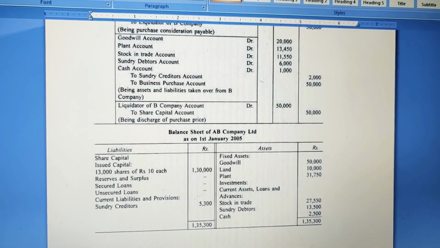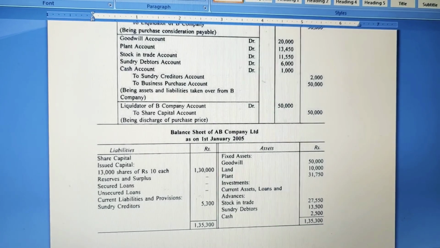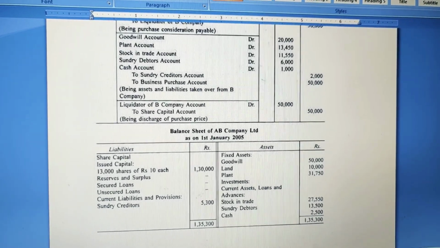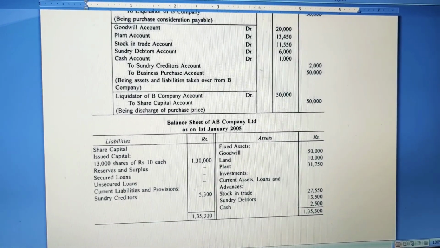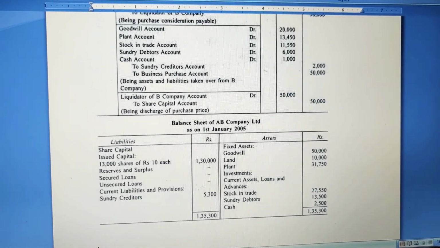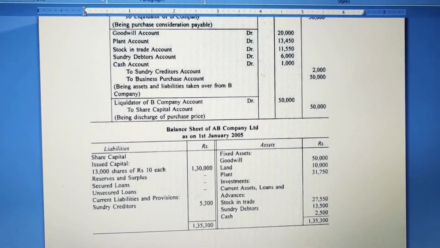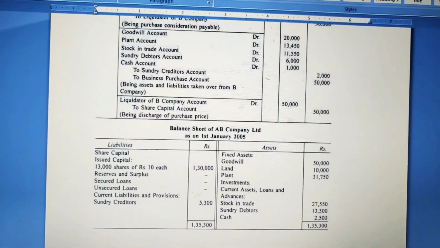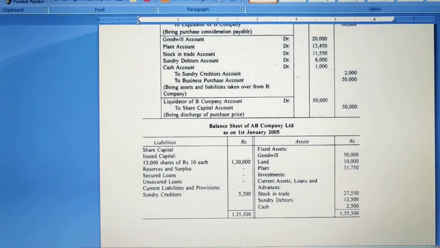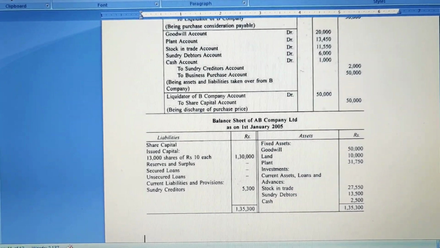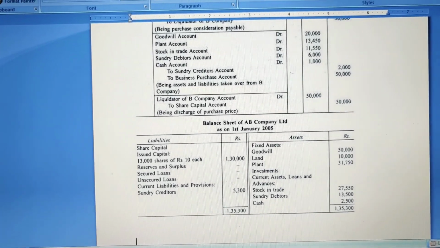So for the balance sheet of AB company, add all the amounts separately for both of the companies, and you will make your balance sheet of AB company limited as a combined balance sheet. Okay, so that was all: your accounts in the ledgers, the journal entries, and the balance sheet in the new company, the transferee company, and the transferor companies also we have seen. So that was your net asset method. This was kind of a simple question you can see in your books. So keep doing practice and you can ask questions.